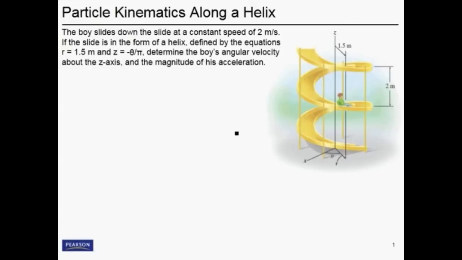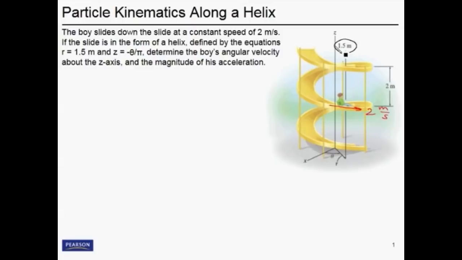In this particle kinematics problem, we're going to look at motion along a helix and try to identify components of velocity and acceleration. We've got a boy sliding down a slide at a constant speed of 2 meters per second. So we've got a 2 meter per second speed as he moves down. Now the slide is in the shape of a helix, as you can see, and we're given some dimensions,